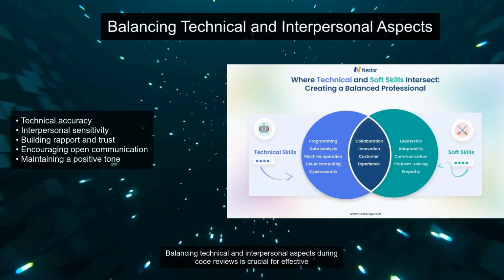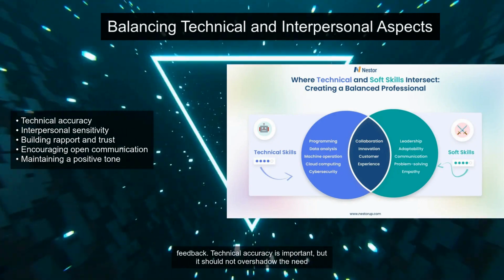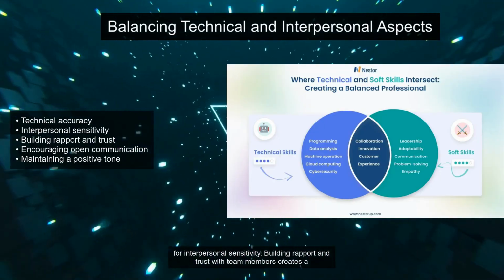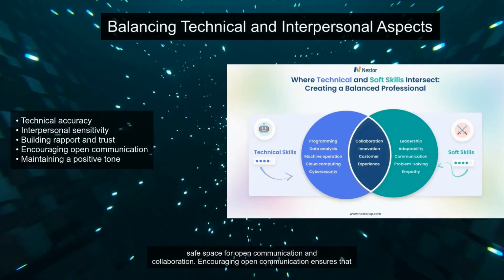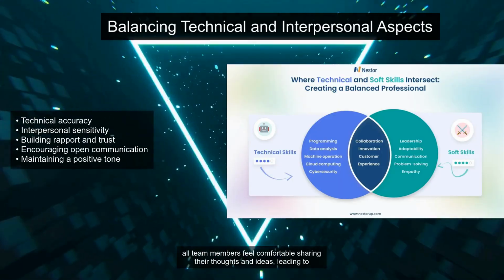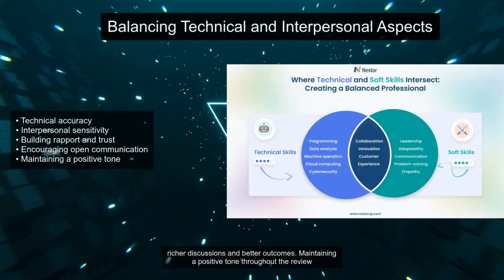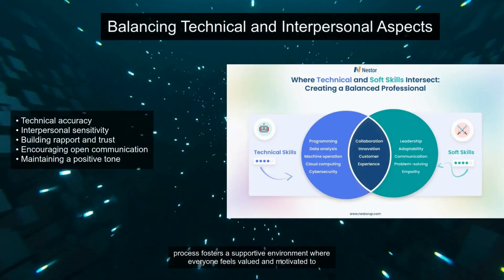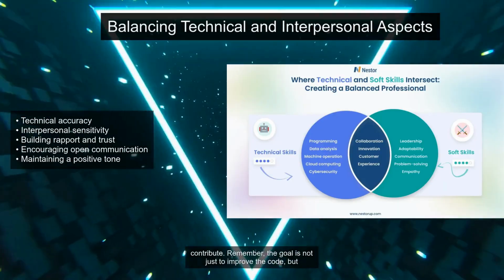Balancing technical and interpersonal aspects during code reviews is crucial for effective feedback. Technical accuracy is important, but it should not overshadow the need for interpersonal sensitivity. Building rapport and trust with team members creates a safe space for open communication and collaboration. Encouraging open communication ensures that all team members feel comfortable sharing their thoughts and ideas, leading to richer discussions and better outcomes. Maintaining a positive tone throughout the review process fosters a supportive environment where everyone feels valued and motivated